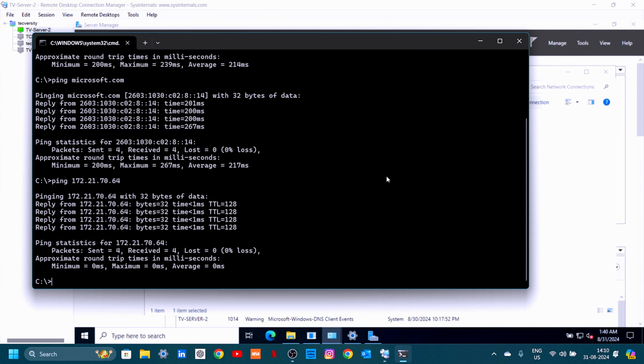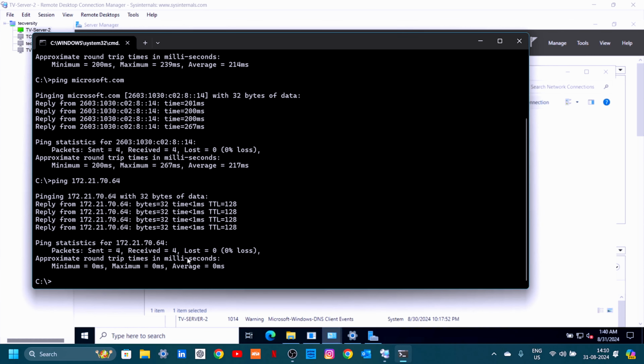This seems to be pretty fast compared to when it's connecting to the outside world. Now I have pinged the virtual machine on my host, the number of bytes sent is 32, and TTL is 128. When we see the statistics here, 4 packets sent, 4 packets received, lost is 0.